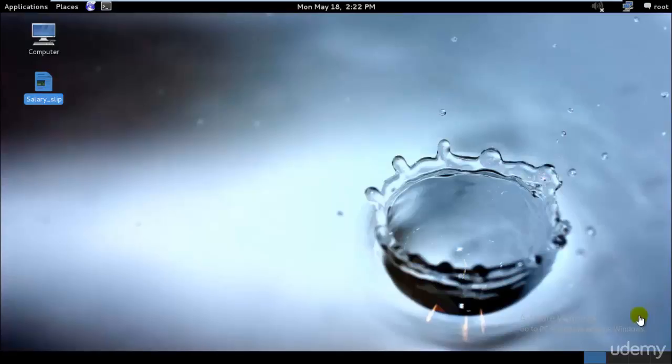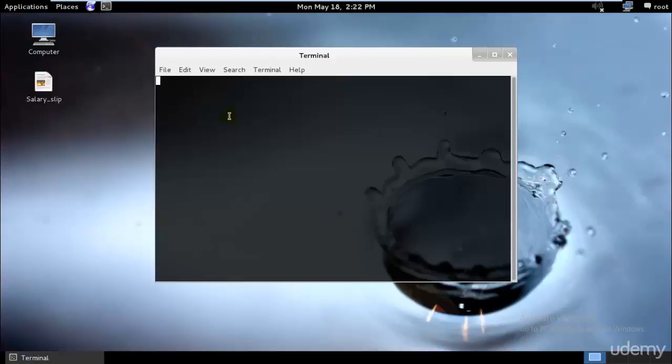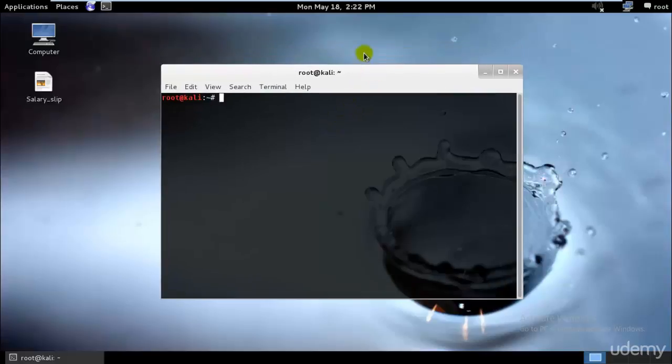Hey guys, welcome to the next tutorial of ethical hacking and penetration testing via Kali Linux. In this tutorial I'll be teaching you about the credential harvester method of social engineering. So I'll just go ahead and start the SE toolkit